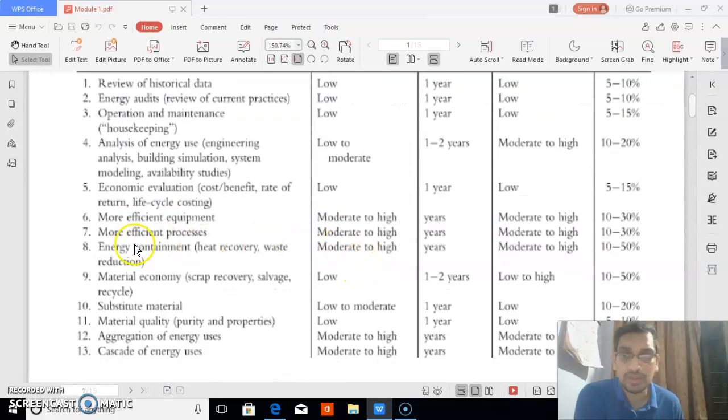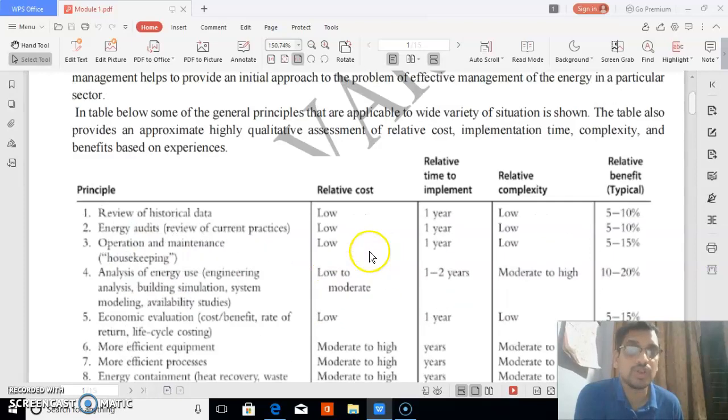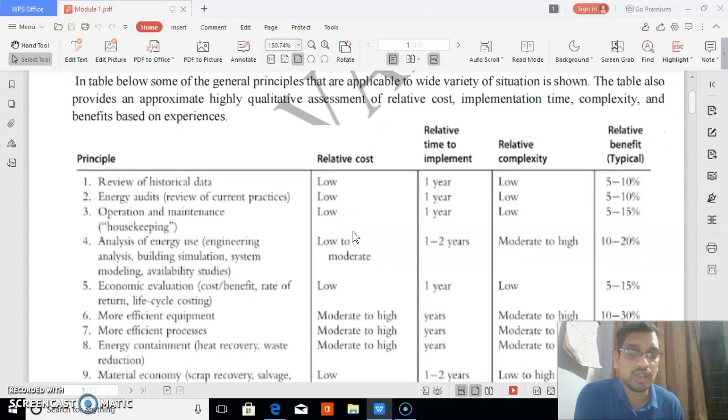Then coming to the eighth one, energy containment, waste reduction, the cost associated with this program is moderate to high. So the second column shows the cost associated with each energy management program.